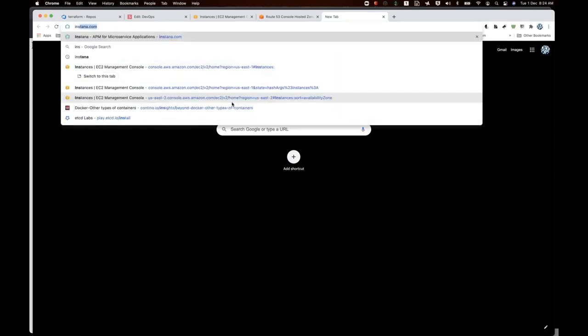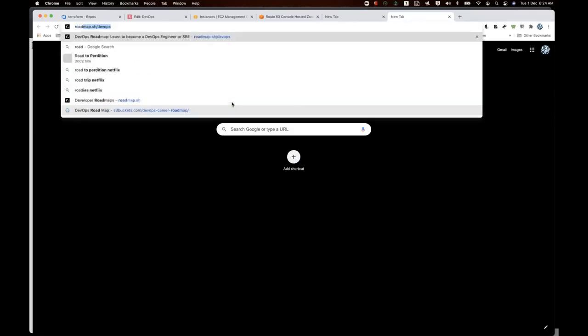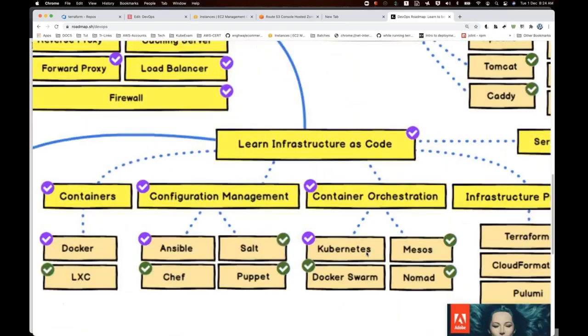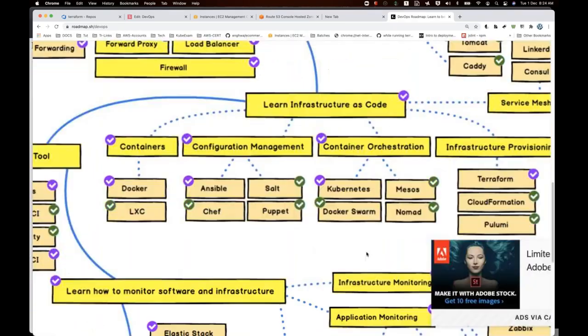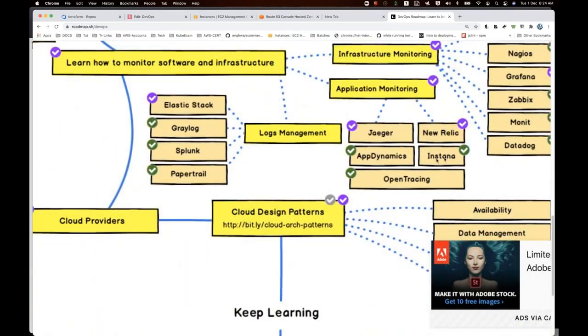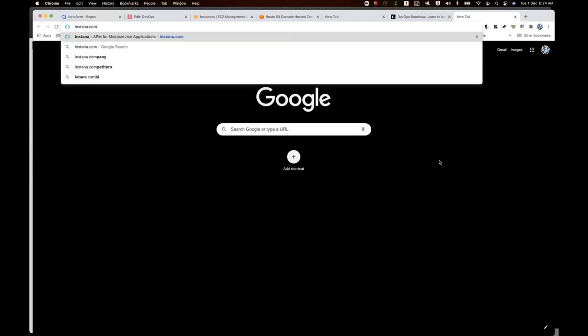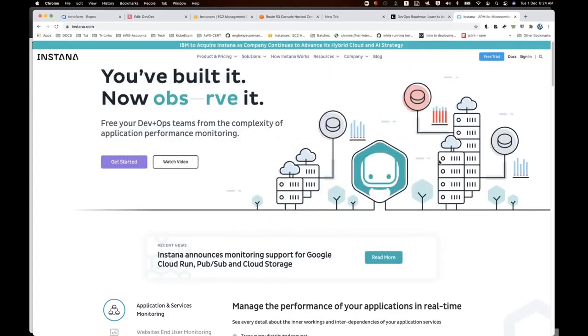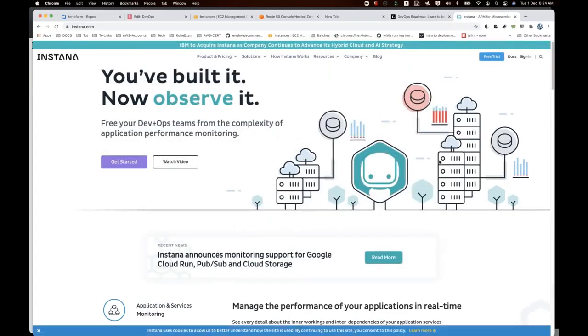It's actually Instana. Even if you go to roadmap.sh, there's a product mentioned out here, which is our own famous product. There is something called Instana. Instana.com is a product, and what they do is help you as an application performance monitoring tool. They help you in understanding